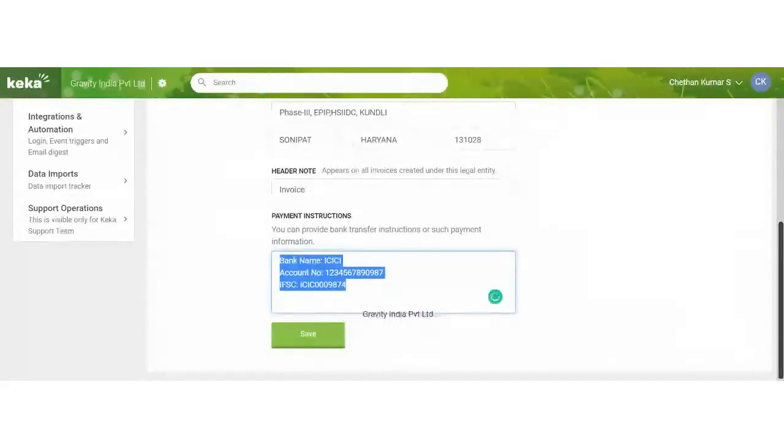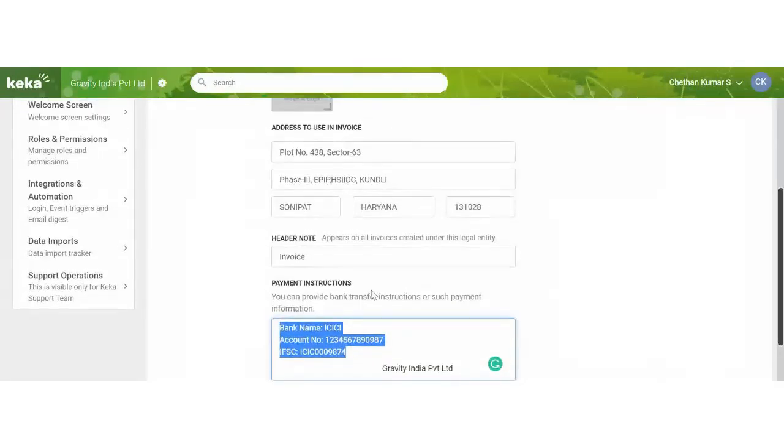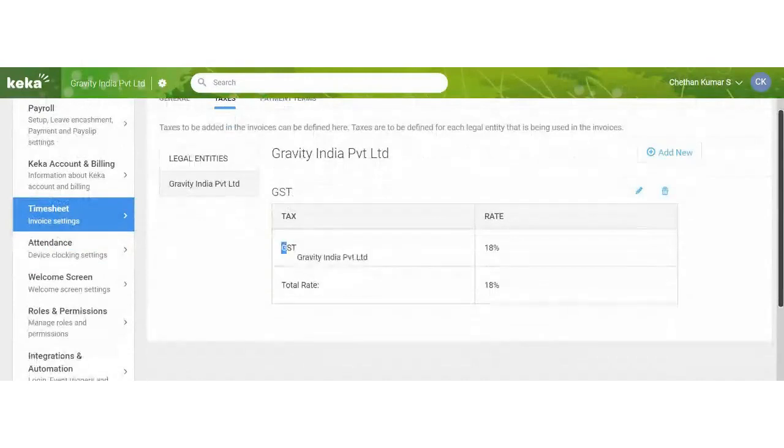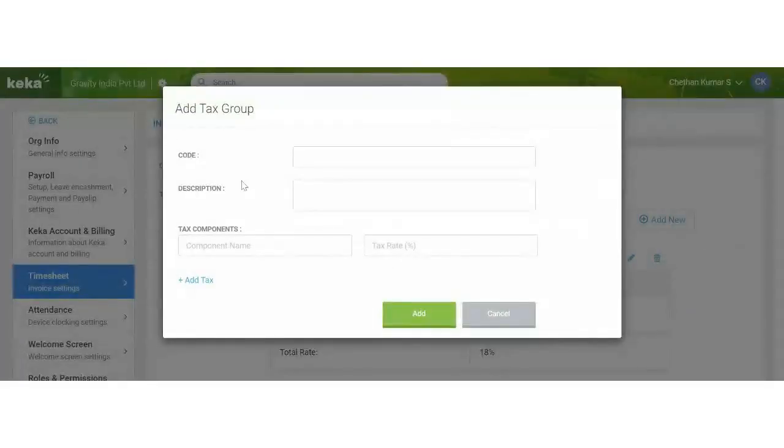So we have seen this in the preview of the invoice. This is how it will look. And taxes. See, GST was added, that's why the system has automatically picked 18%. In case you want to add new taxes, you can just give the code, description, the component and rate, and then keep adding.